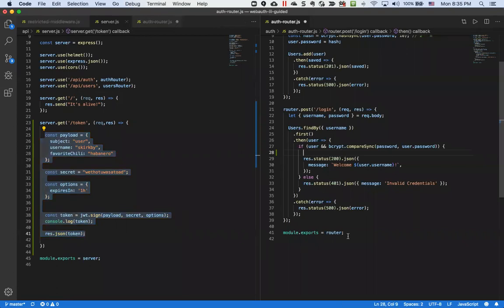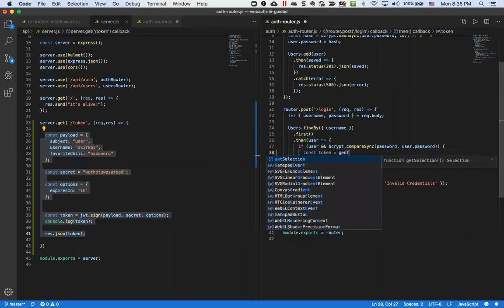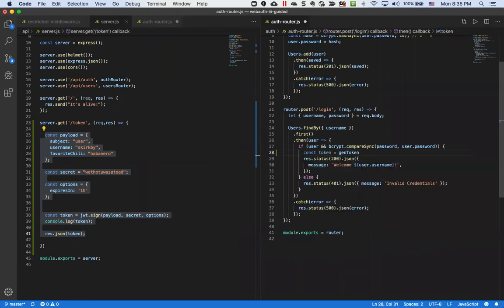So what I think I want to do instead is I'll call a method. Maybe we'll call it gen token. And we want to pass in some data that would be our payload. We'll configure the options and mess with the secret in our method, but what we do need to pass in